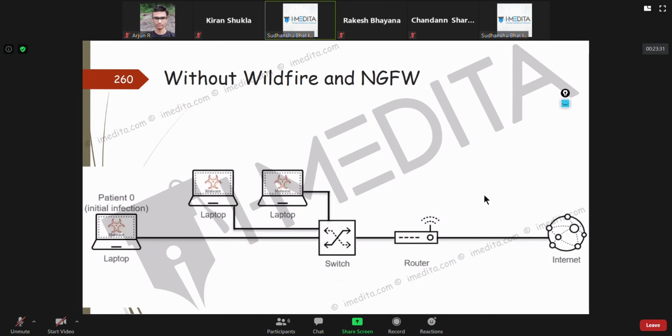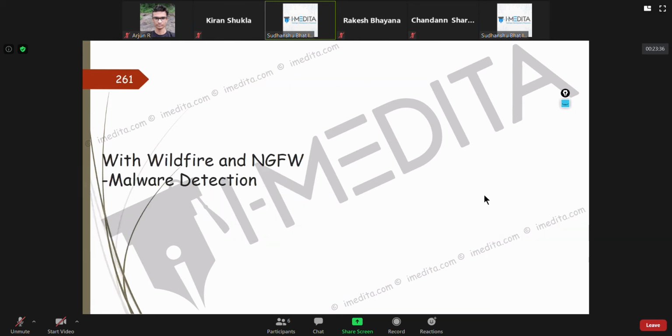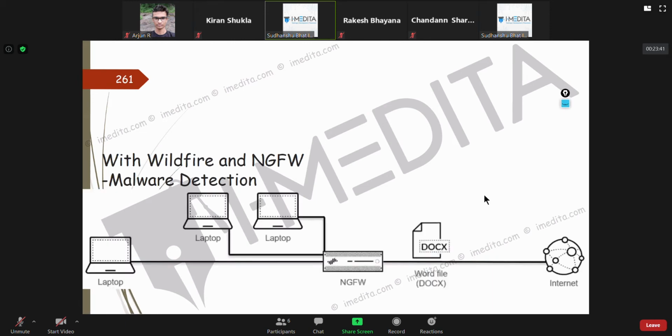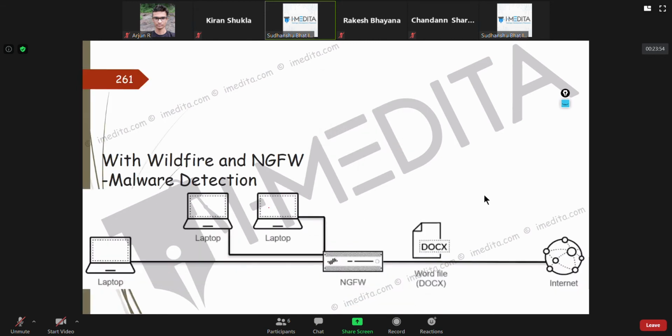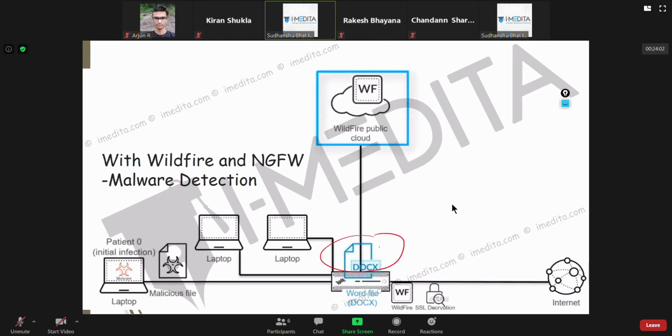Now, what happens with WildFire is like this. Same thing, but the difference is the Palo Alto Next Generation Firewall is the gateway to the internet. So when this guy downloads a docx file, Palo Alto is going to make a copy of this docx file and submit it to the WildFire public cloud.